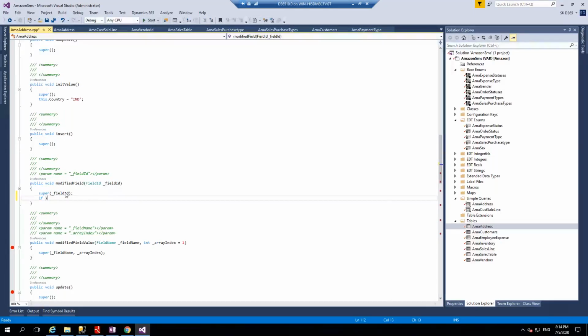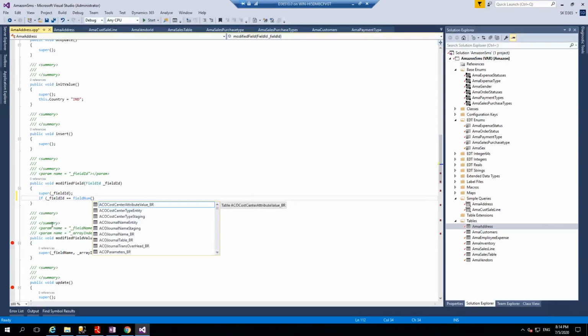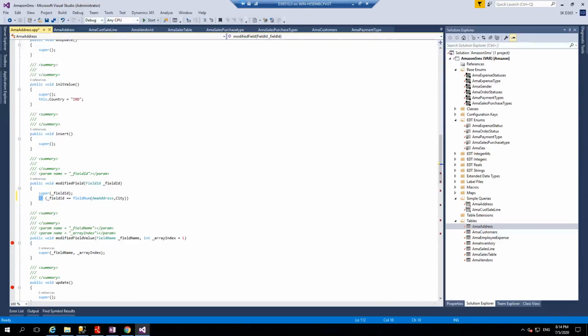Okay, it has loaded. Underscore field ID equal to field name. Inside the bracket, you can say AMA address, comma, city. Okay, if this is my field name, and if you want to use, you can use switch, because few of the times